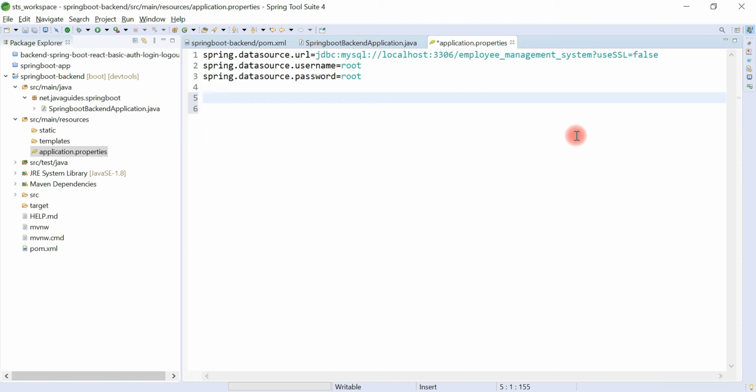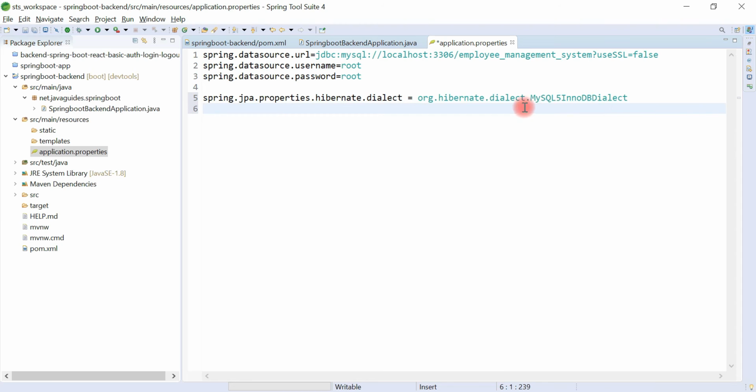We are using MySQL database, so we have to configure the Hibernate dialect for MySQL database. Look here, this is the property and this is the value. So we are using MySQL5 dialect.